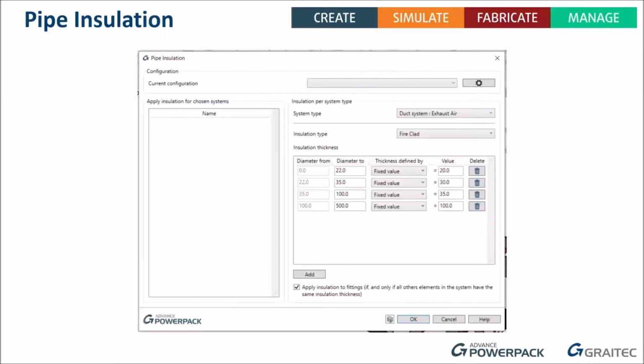We have a pipe insulation tool. Now, the pipe insulation tool I quite like, because what this allows us to do is set our configuration for how we want the insulation to be set up. We can also set the size of insulation based on the diameter and sizes of the elements that are in there. So we can actually look at our ducts and our pipe, and tell it the different sizes of insulation that's required based on the size of a pipe or duct. We can also tell it based on the system type, so whether it's supply air, return air, whether it's domestic hot, domestic cold,